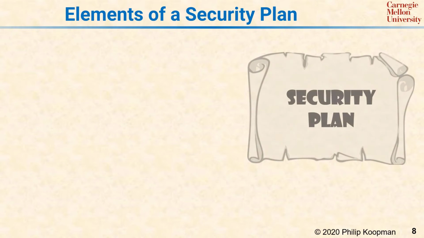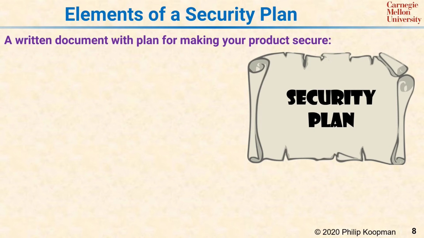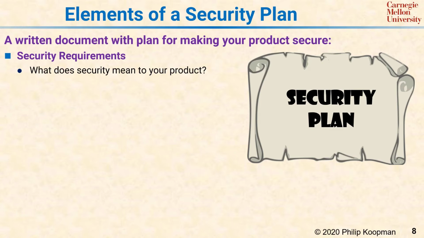Wrapping up, we've spoken about all the elements of a good security plan. A security plan is a written document that says what you plan to do to make your product secure. It includes the following elements. Security requirements describe what security means to your product, both in terms of the security needs of the application and